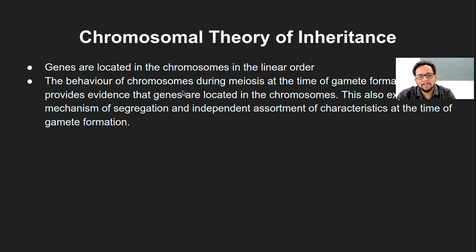Now, I'm sure you remember the meiosis process. The chromosomal segregation happens and the gamete formation happens then. So that explains the law of segregation. And then, based on which characters are being passed down in which gamete, that is independent assortment of characteristics. So that is what was explained by the chromosomal theory of inheritance. These are very factual points, which we already know, like I said earlier. But if you have any question on this, we can discuss it.